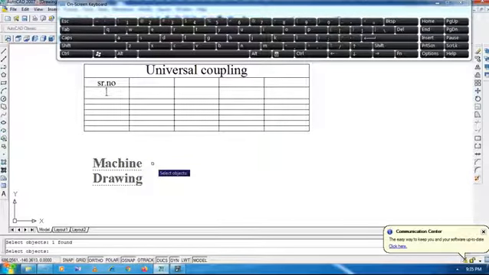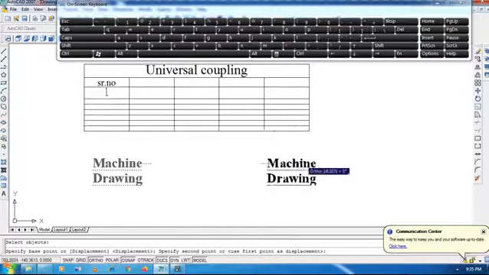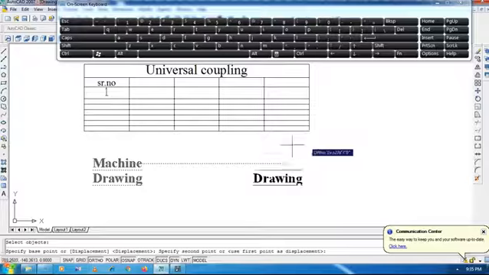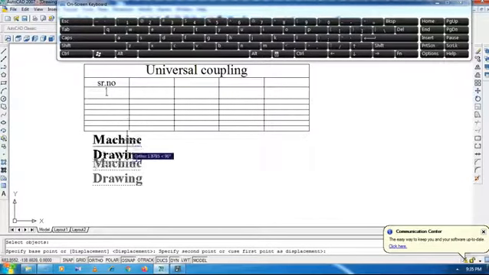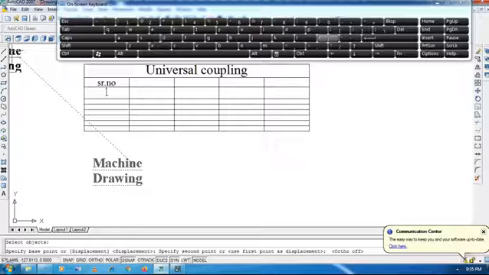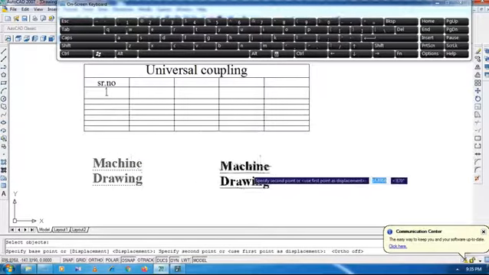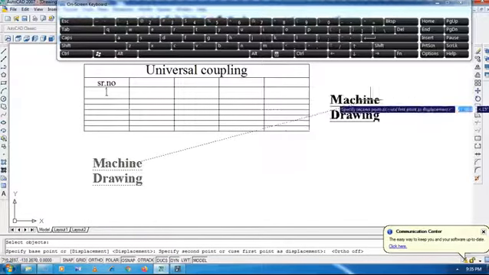Select this one, enter, and you can move this word anywhere. Now the ortho command is on, because of this we are able to move only in a straight line. If we turn off this ortho command, we can move anywhere. Okay, ortho is off now and you can move it anywhere.